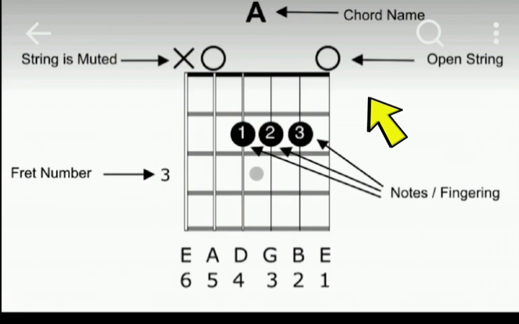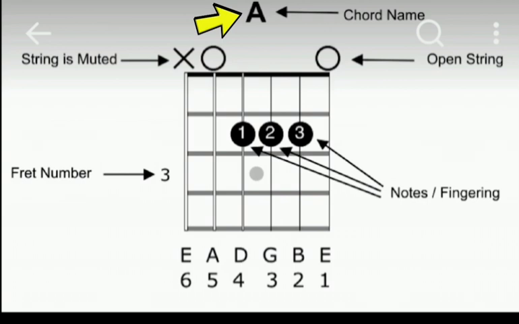The first thing is, once you are offered a chart like this, you will first of all notice that right at the top here, where it is written chord name, you see it here. That A here means it is in the key of A. Now, it must not be A. It could change. So that's why they said chord name. It could be A, it could be A sharp, it could be B, it could be C, it could be G, G sharp, it could be anything.